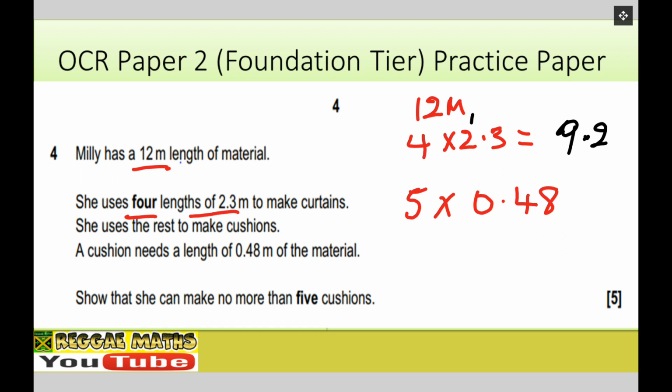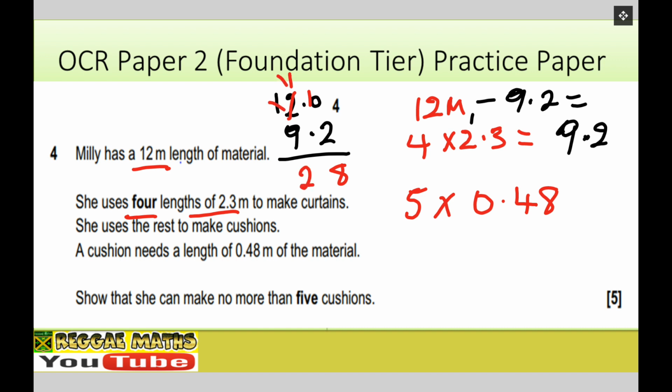If I take away 9.2 from 12, okay, so 12.0 take away 9.2. You've got 2 from 0, you can't, so you need to borrow. So 2 from 10 is 8. Then 9 from 1, you can't, so you borrow. 9 from 11 is